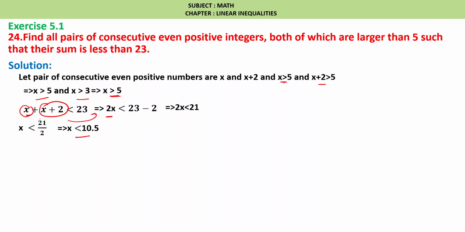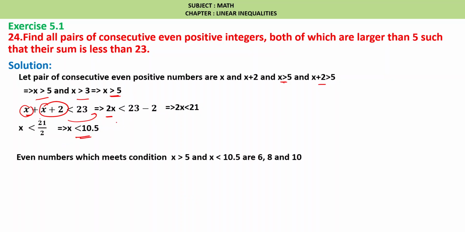So x is less than 10.5. And one more condition, we know that x is greater than 5. So what are the even numbers which are greater than 5 and less than 10.5? 6, 8 and 10. If x is 6, then x plus 2 will be 8 and